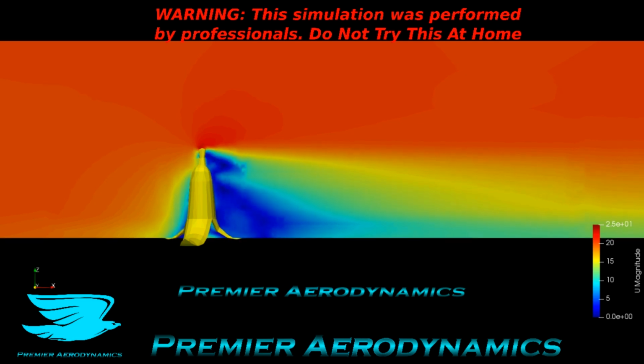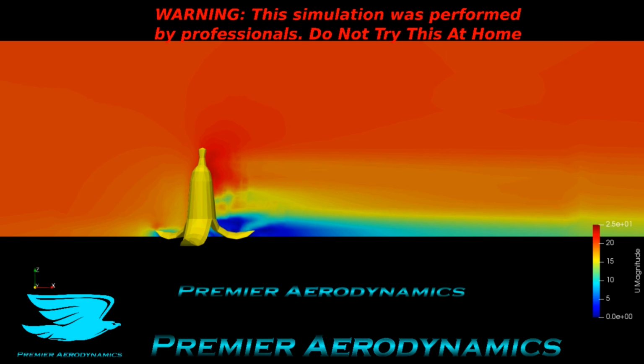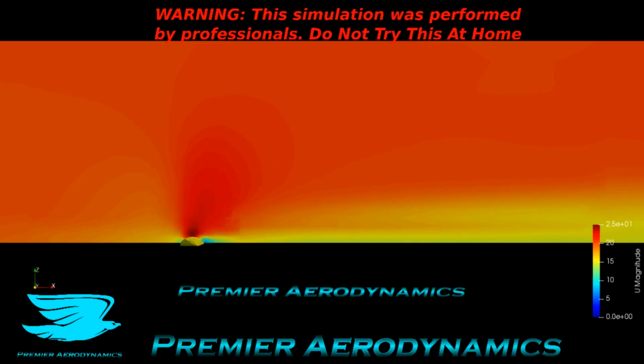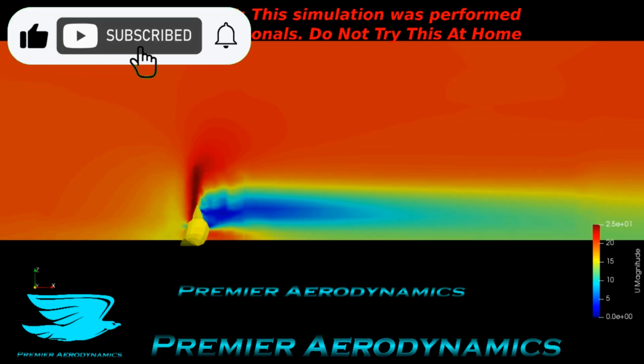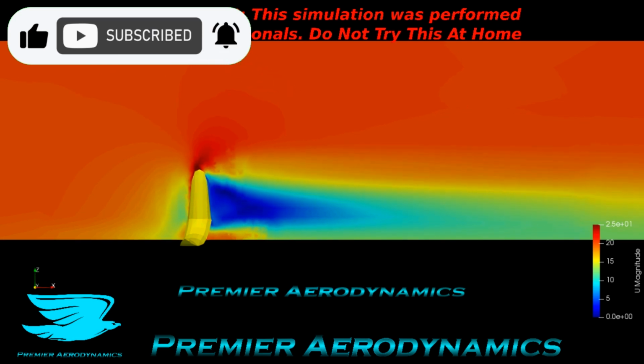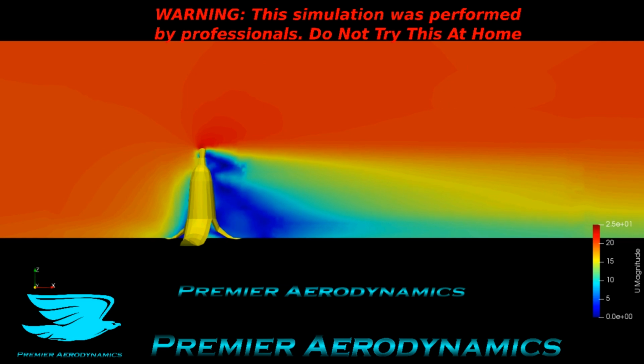And we have the Y plane going through the banana peel, and it's colored in the U magnitude going from 0 to 25 meters per second. And we can see that the first little banana peel part, the leg, has almost no wake. It's only until we get to the rest of the banana peel that the wake becomes appreciable. So that's quite interesting. And then the other two banana peel legs, you do have quite a big wake on those two,